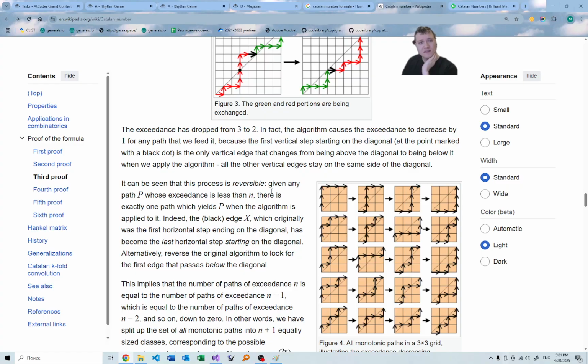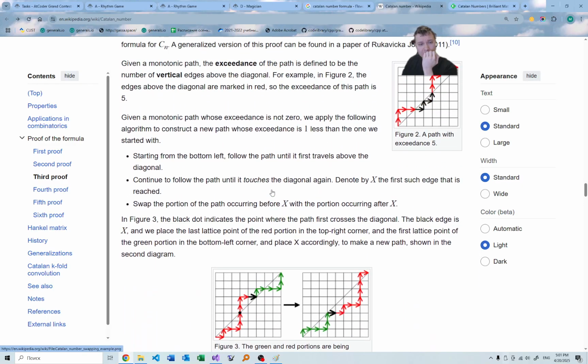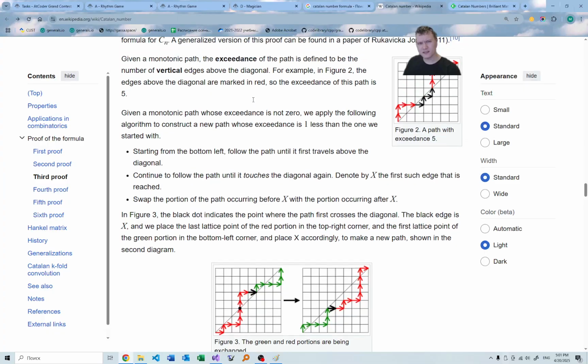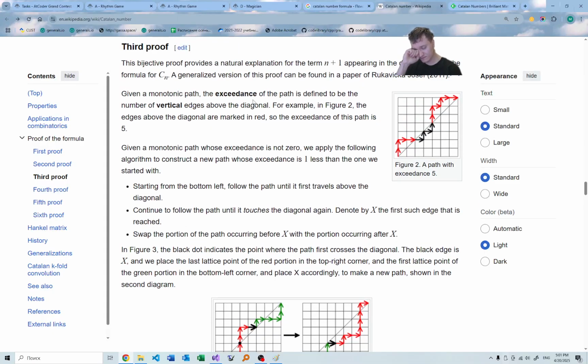Exceedance. What is the exceedance? I like it. For a monotonic path, the exceedance of the path is defined to be the number of vertical edges above the diagonal. So let's try and make some fixed exceedance of the path. So the number of closing brackets